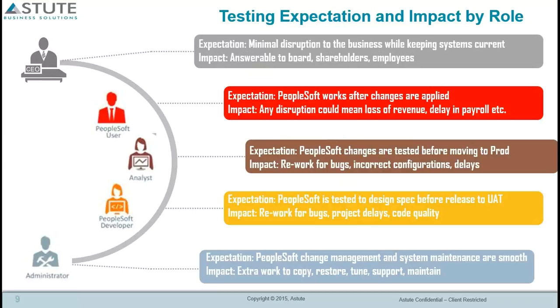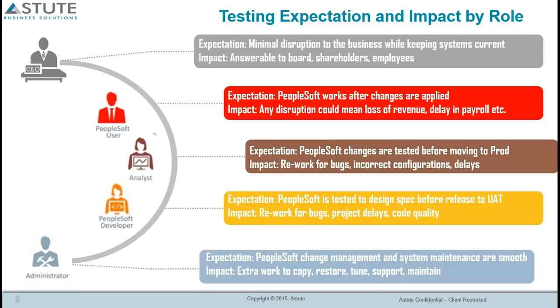Now let's also look at what expectations there are at various levels in the organization and the impact of testing to those roles. So starting with management or business stakeholders, their expectation is that we should be able to stay current as far as possible with the latest releases that Oracle's providing for PeopleSoft. That's what the company pays huge amounts of maintenance fees to Oracle every year for, right?